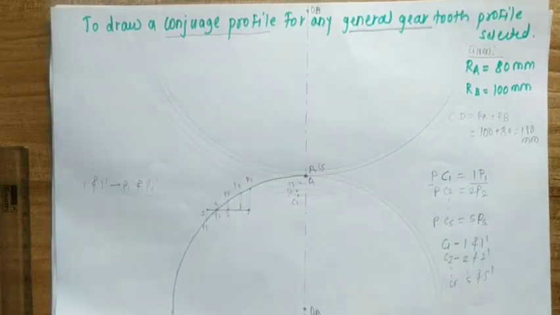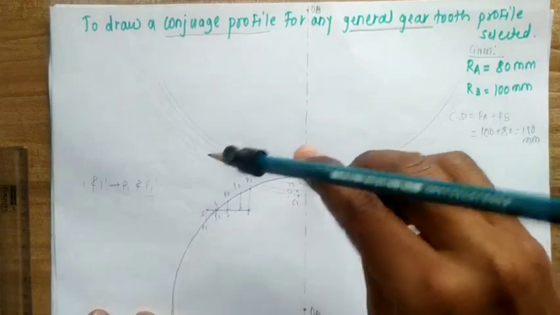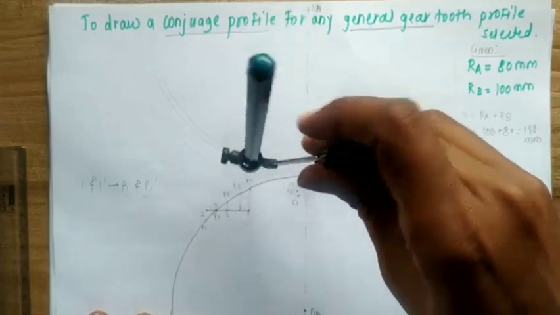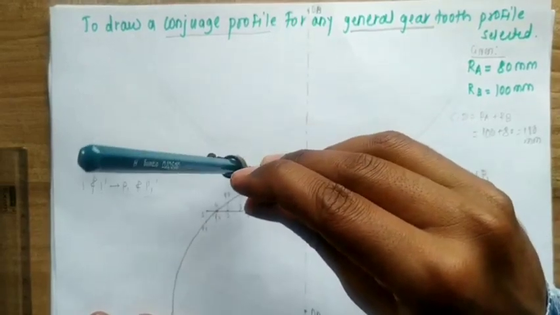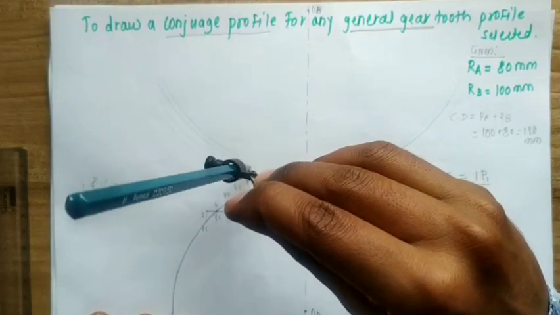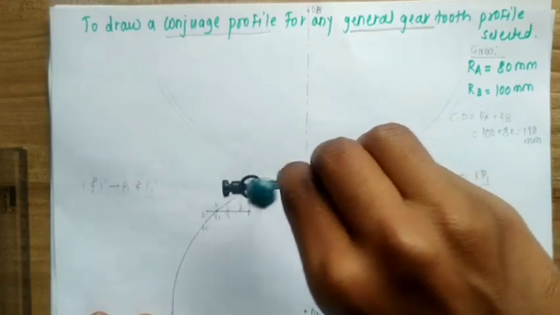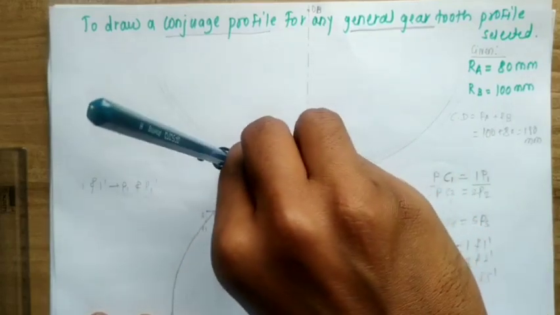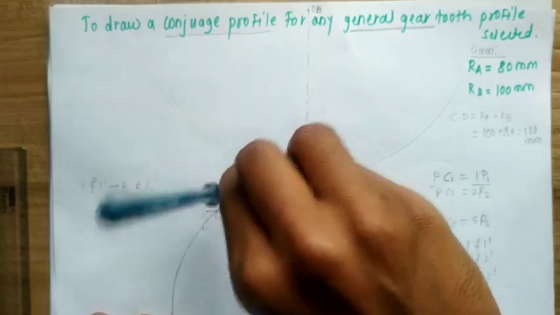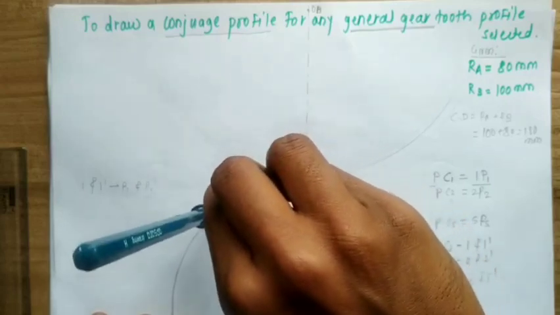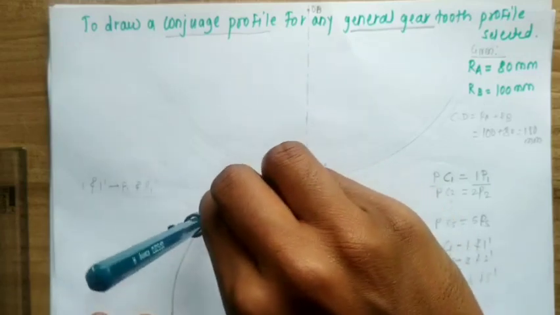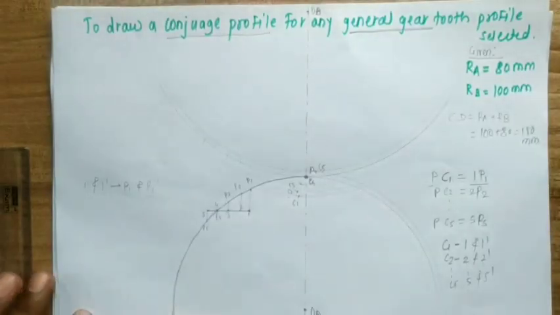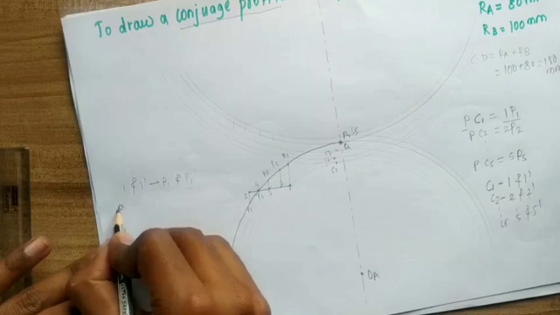So to get P1 dash, P2 dash, P3 dash, P4 dash, P5 dash, what I do is, I will use distance. Now you can check which distance I am taking. I use P1. Now where will P1 dash be? P1 dash must be on the pitch circle. So this is our pitch circle. I will cut the same distance. So here it will be P1 dash. Where will P2 dash be now? Distance equal to P2. Cut an arc on the pitch circle of gear B. Similarly P3, P3 dash, P4, P4 dash, P5, P5 dash.